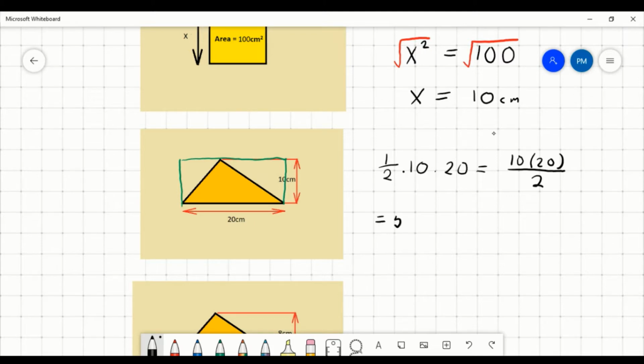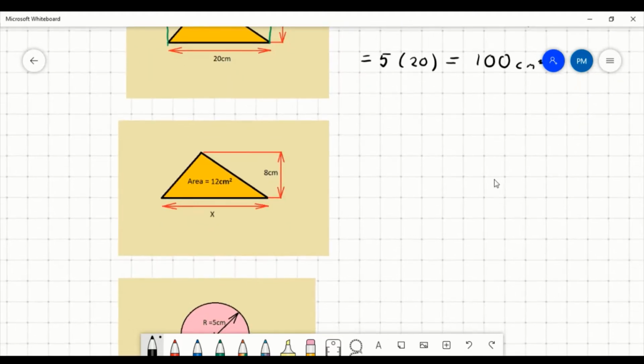So our next one is 5 by 20, and that's equal to 100. So we have an area here of 100 centimeters squared. Equally here, you could have just done this out as 200 and divided by 2, and you get 100 as well. So our next example then is going to be similar to some of our other ones where we're actually